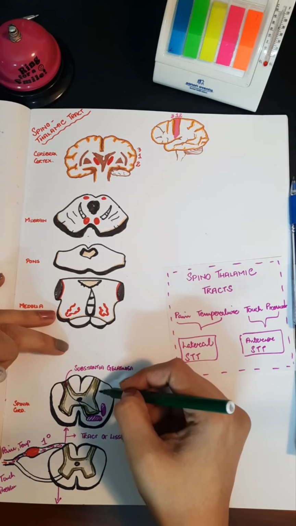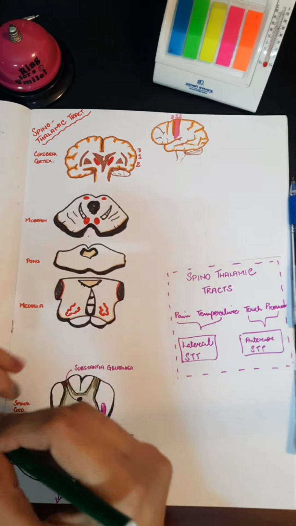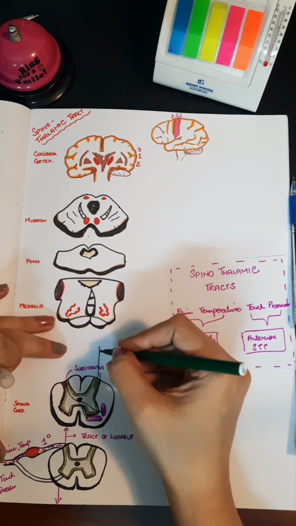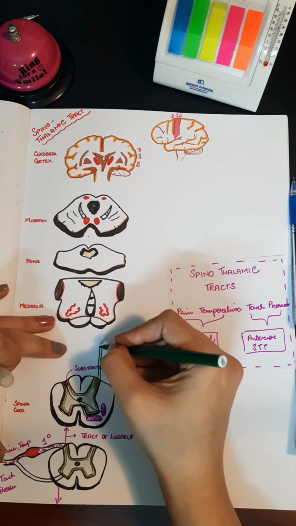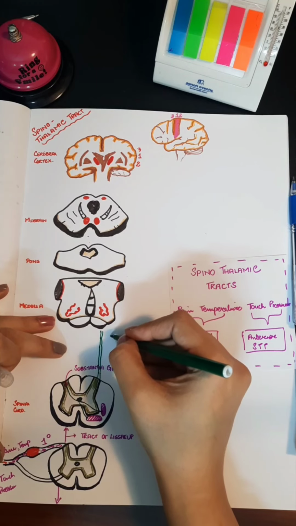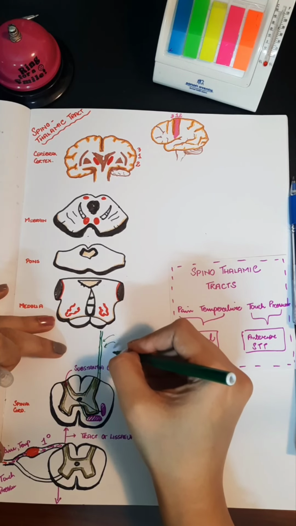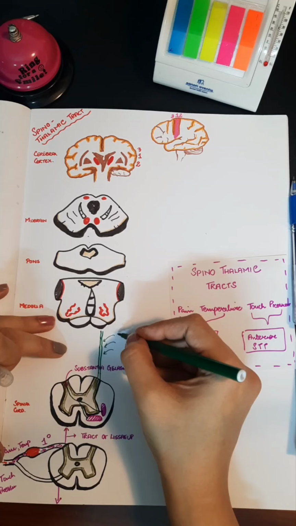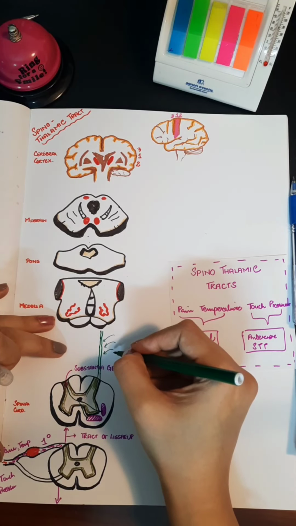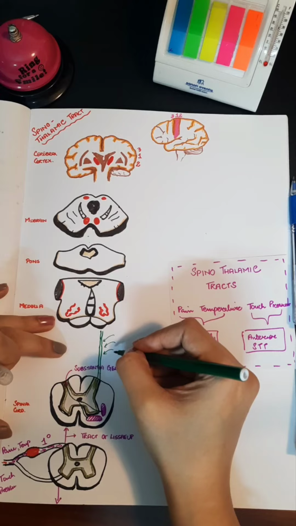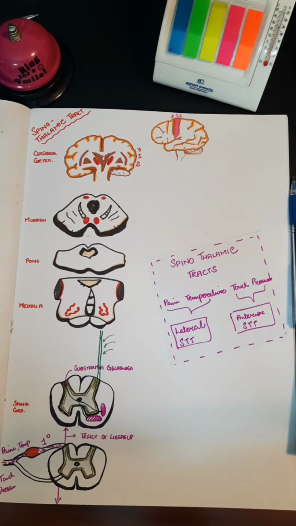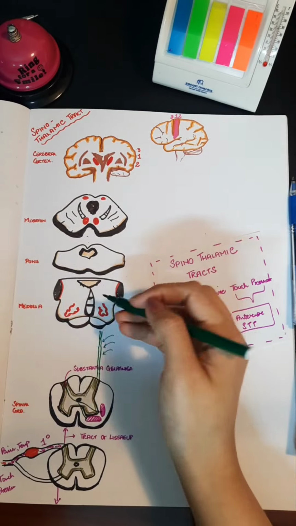Now these fibers ascend the spinal cord in the form of a tract, and this tract is known as the spinothalamic tract. When they ascend through the spinal cord, new fibers are added to the medial aspect of this tract, so that the cervical fibers lie in the more medial part of the tract, while the sacral fibers lie in the lateral part of the tract. Now these second order neurons